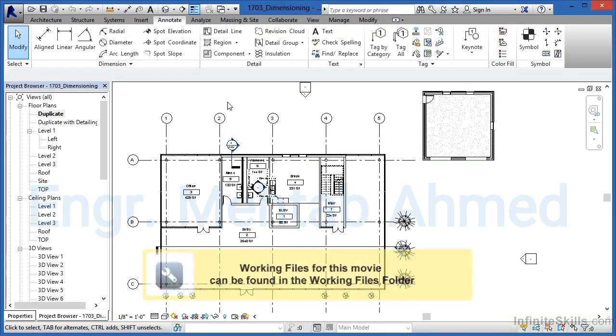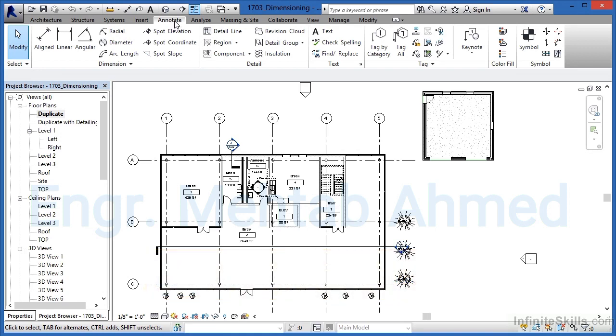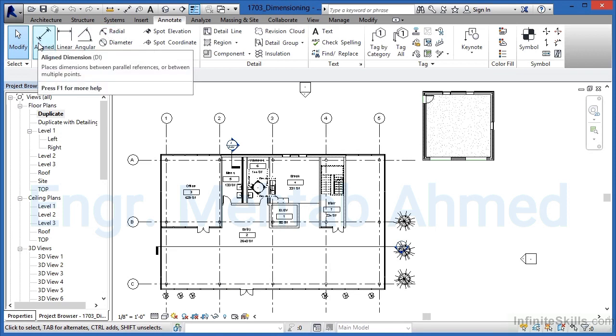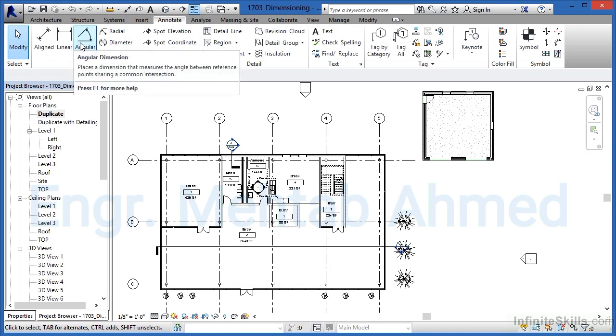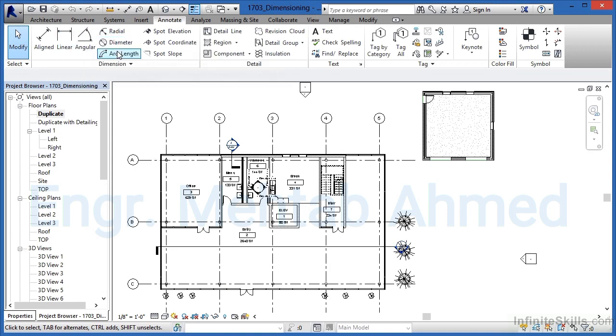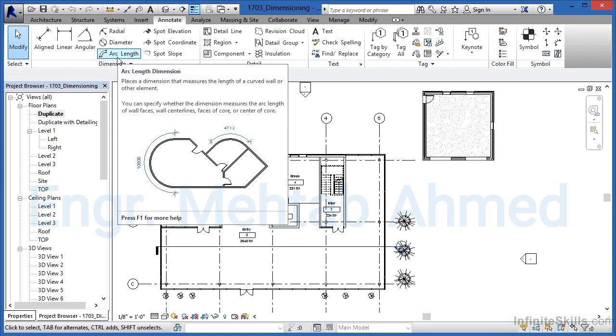In this exercise, what I'd like to do is start to place in dimensions. You can find your dimensions underneath the Annotate tab. You'll see that there's a dimension section, and in this section, there's aligned, linear, angular, radial, diameter, and arc length options for the different kinds of dimensions that you can place. I'll go ahead and mention that the arc length dimension, what it allows you to do is pick one spot along an arc, pick another spot along an arc, and then it will place a dimension, much like the dimensions you see currently on the screen, along that distance between the first spot and the second spot that you clicked